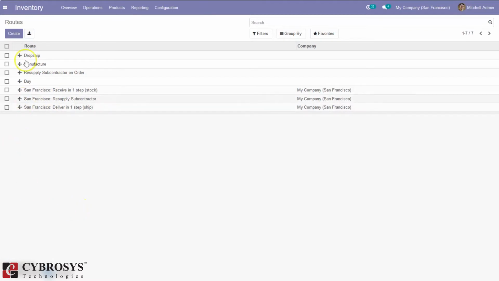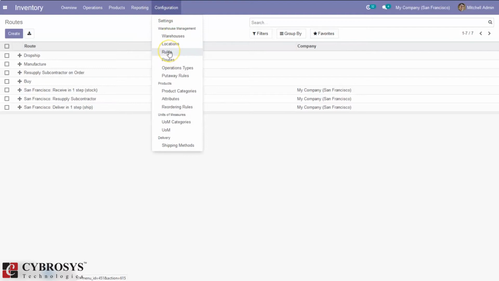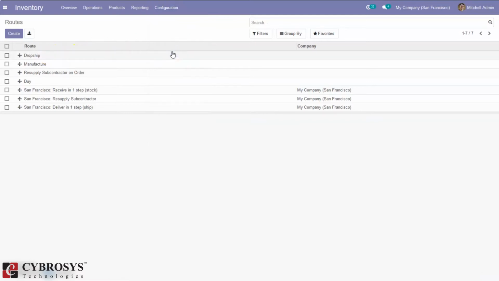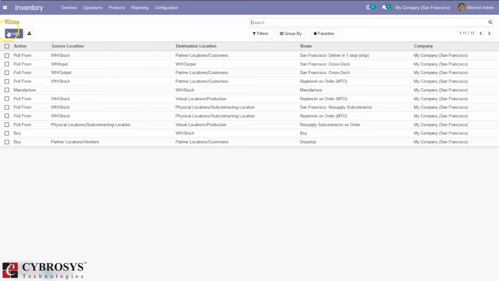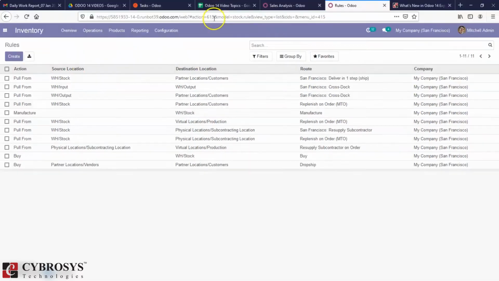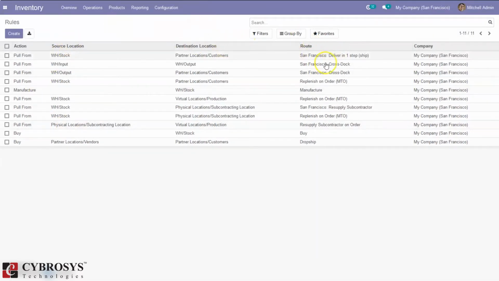It is also possible to create a custom route, and we can set the route for a product, warehouse or sale order. Then here we can see all the created rules. We can create rules under a route, which can be viewed here, and we can also directly create a new rule here. You can see the action performed for each rule, then the source location, that is, from where to where the products are moved, the route in which the rule is used, and then the company name.